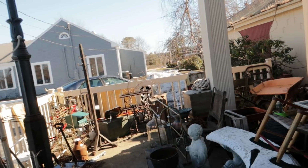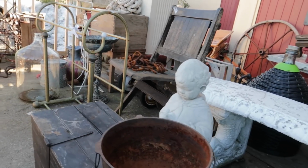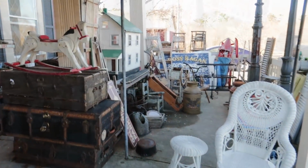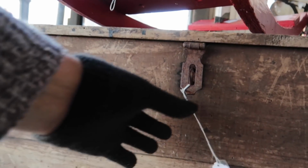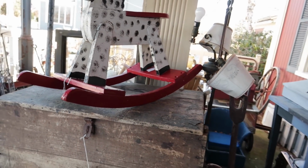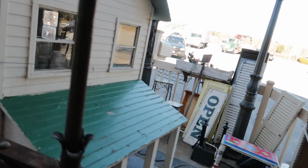So this place is nice because it has a fun mix of odd little outdoor things, like that funny little cherub statue. It looks like a little monk. This water is pretty in this rusty old radio flyer. Oh, here's a darling old rocking horse. Another one. And now this chest has just been sitting out, so it's weathered quite well. And being only $50, that's the type of thing I really want to make over for a sort of an outdoor greenhouse area, and using an old trunk like that would be nice rather than plastics and things, so something to think about. Let's have another look at this dollhouse because it's just...